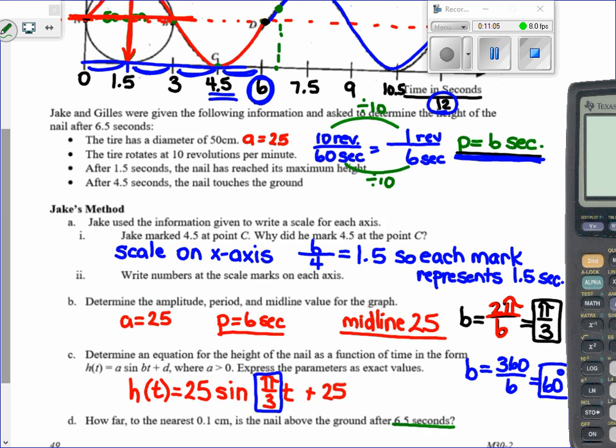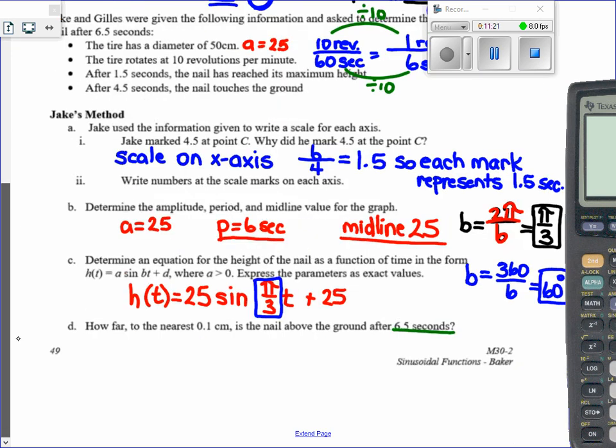This 6.5 here, that's on our x, right? That's our x-axis. And so we want to know a value on this graph at this point when our x is 6.5. So we can just plug that right into our calculator once we've put this equation into our y1. Then we're going to go second, calculate a value